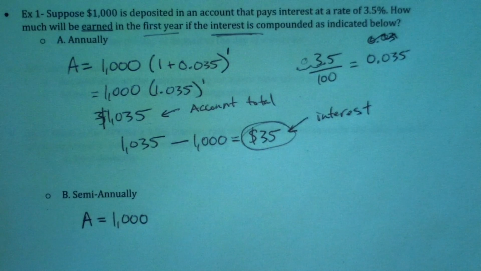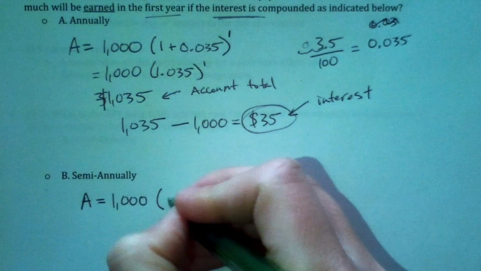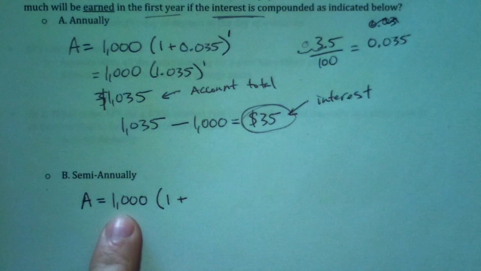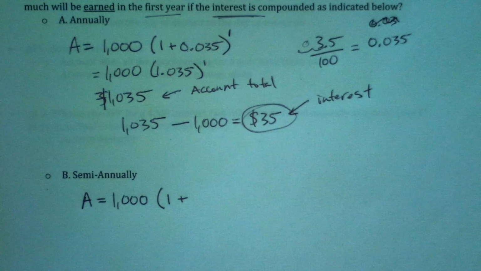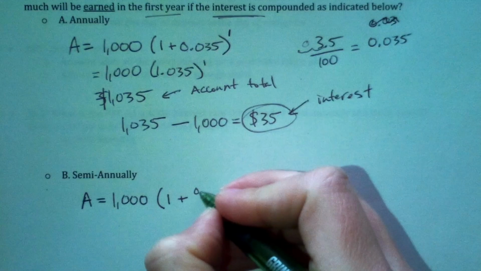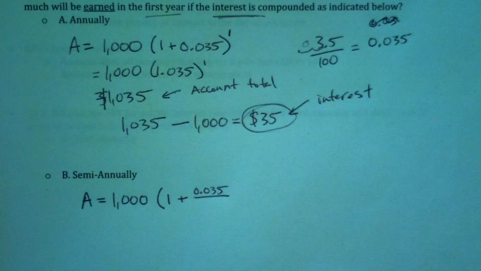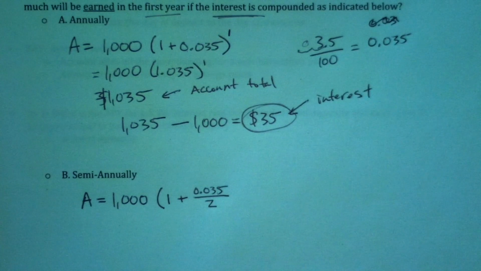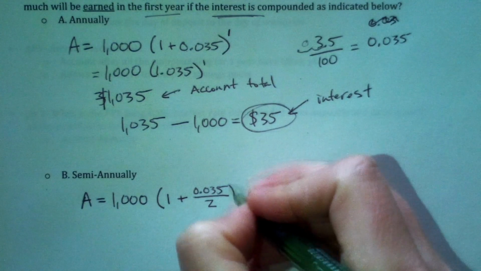Yeah. So then from there, you can either type this all in at once, and it should pick up order of operations for you. So like if I typed in 1,000, parentheses, 1.0175 to the power of 2, that should kick out my answer. If you're not typing it all in at once, make sure you do your squaring first, then times 1,000, because if you take this times 1,000 first and then square it, you're going to get a huge number, and that's not what we want, okay? So do your squaring first, then take that times 1,000. So then that kicks out